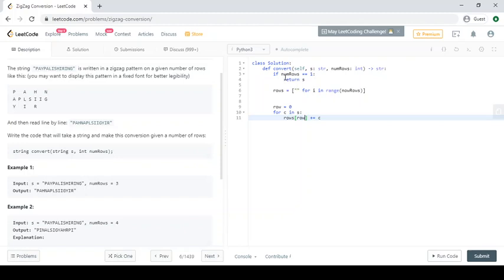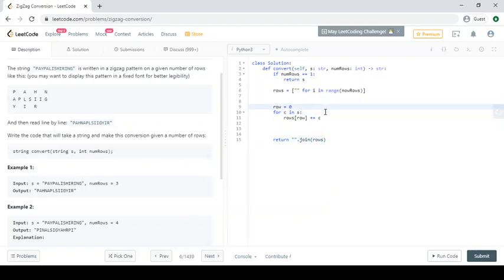So we'll do this and increase the row. Now our return will be the join of the rows.